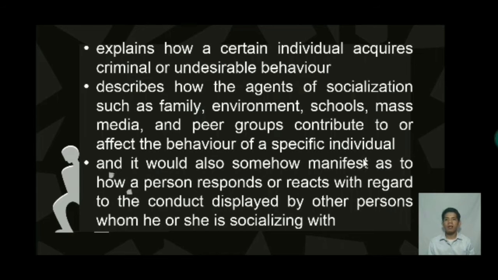It explains how a certain individual acquires criminal or undesirable behavior. It describes how the agents of socialization such as family, environment, school, mass media, and peer groups contribute to or affect the behavior of a specific individual, and it also manifests how a person responds or reacts with regard to the conduct displayed by other persons whom he or she socializes with. So, this theory describes that a person can learn how to respond or react depending on whom he is with, like his family and environment. He will be influenced by the behavior of those he is socializing with. So, under the sociological theory, we have